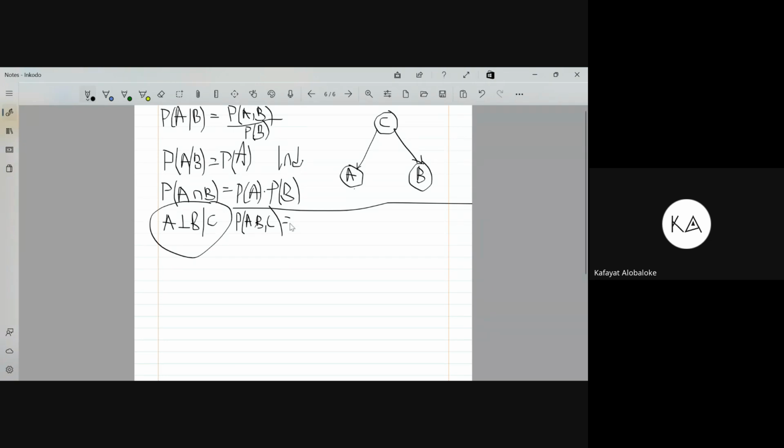The joint probability of A, B, C. Okay, please go ahead. So it would be probability of A, comma B, comma C equals probability of A multiplied by probability of B given A multiplied by probability of